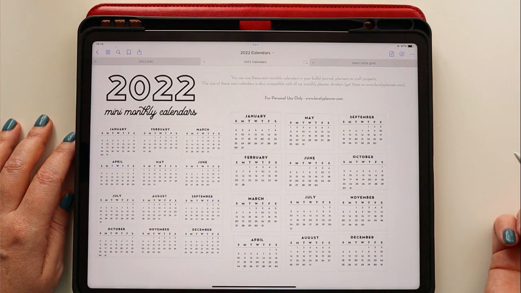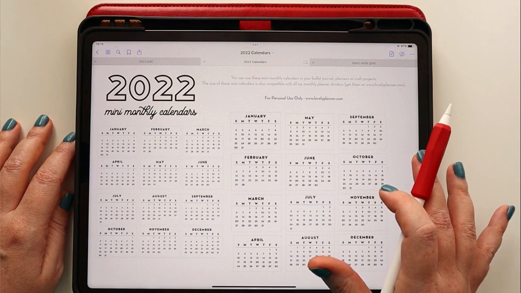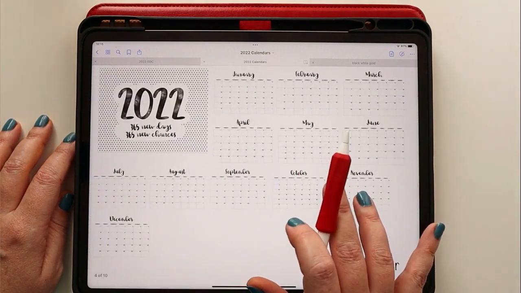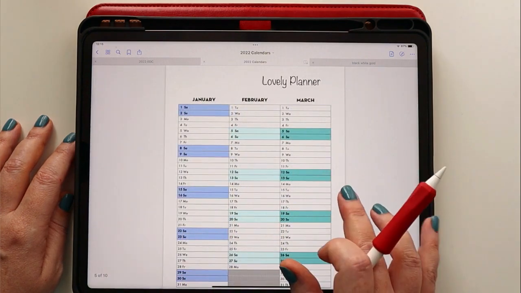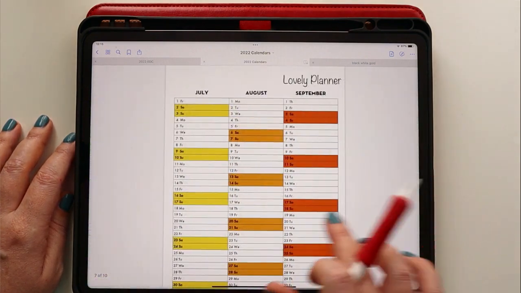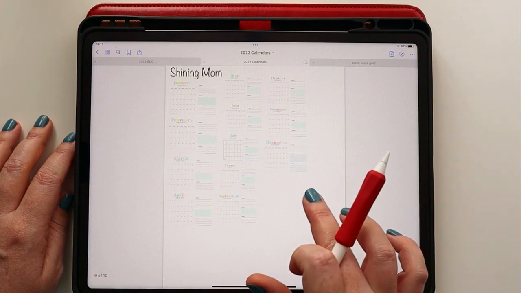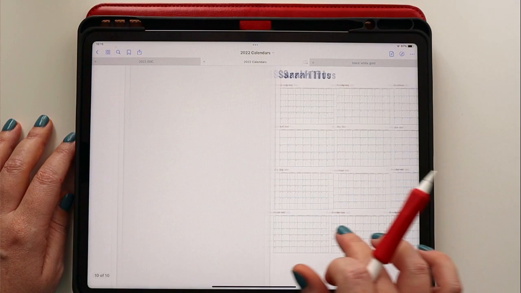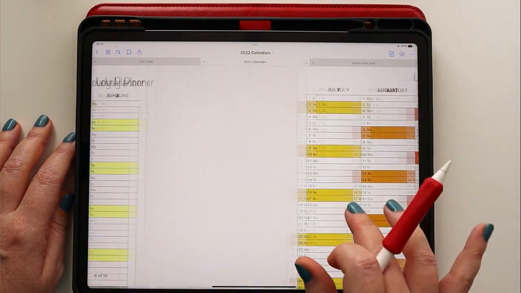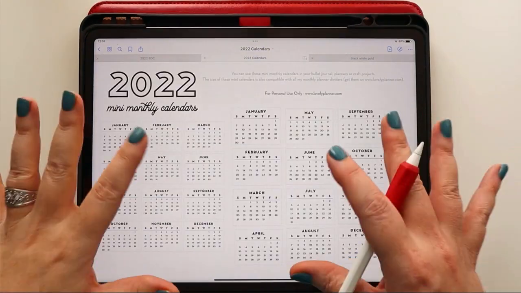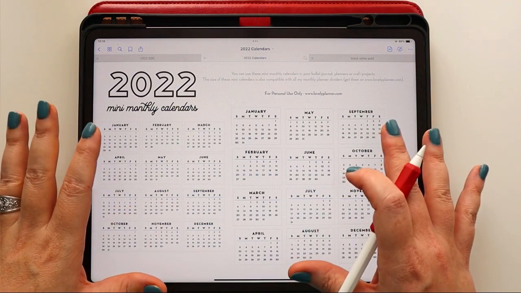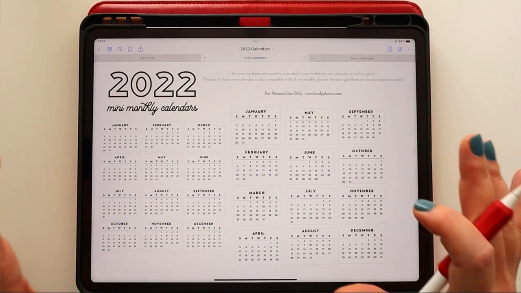I'm going to use the exact same process. I'm actually going to go over to, I have a whole bunch of 2022 planner stickers that I have collected. These are from Lovely Planner. I have some from Shining Mom, monthly calendars, Sarah Titus. These are all available on their websites for free download. So I went to their websites, went to look for what type of freebies are available, and I really like these mini calendars from